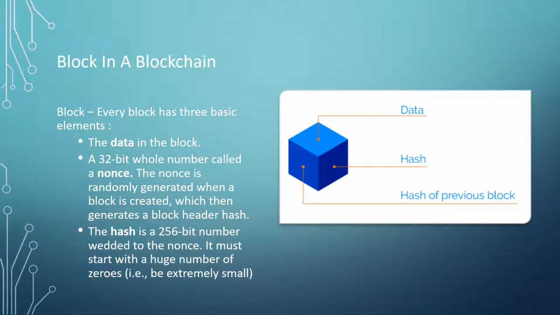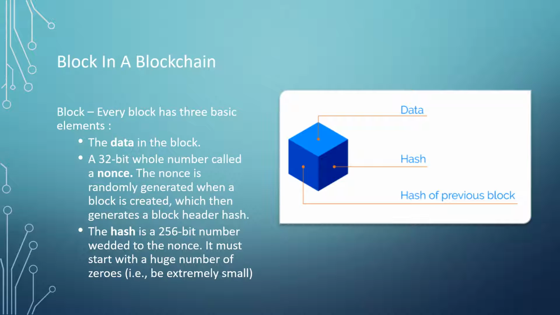Now let's understand the structure of blockchain in more detail. So let's first start with a block. There are three basic elements in a block. There can be more than three elements, but these three are the prerequisite. The first one is the data. As the name says, the data part of the block will contain the data, and it depends upon the technology for which the blockchain is being used. The data will contain the data from that particular domain.